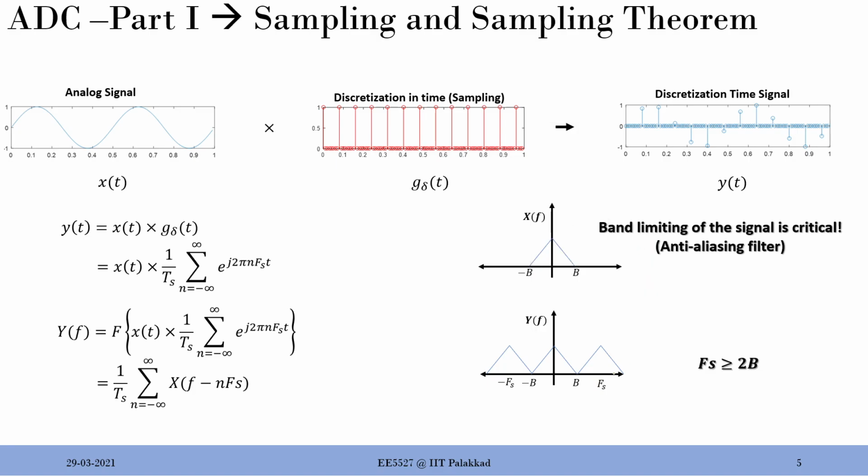Let me make it very clear. This fs is actually this b plus this b away. That's why fs should be greater than or equal to 2 times b, where b is the bandwidth of your signal. This is very fundamental, one of the revolutionary ideas in electrical engineering, which revolutionized the way we are working now, because digital systems would not have been possible if this was not investigated. We're thankful to the famous Nyquist, Shannon, and many other people who were also associated with it.